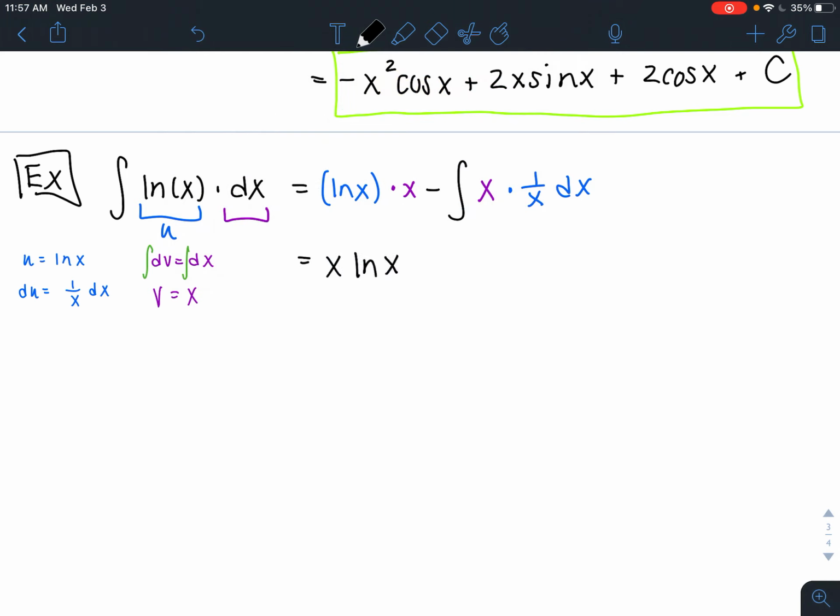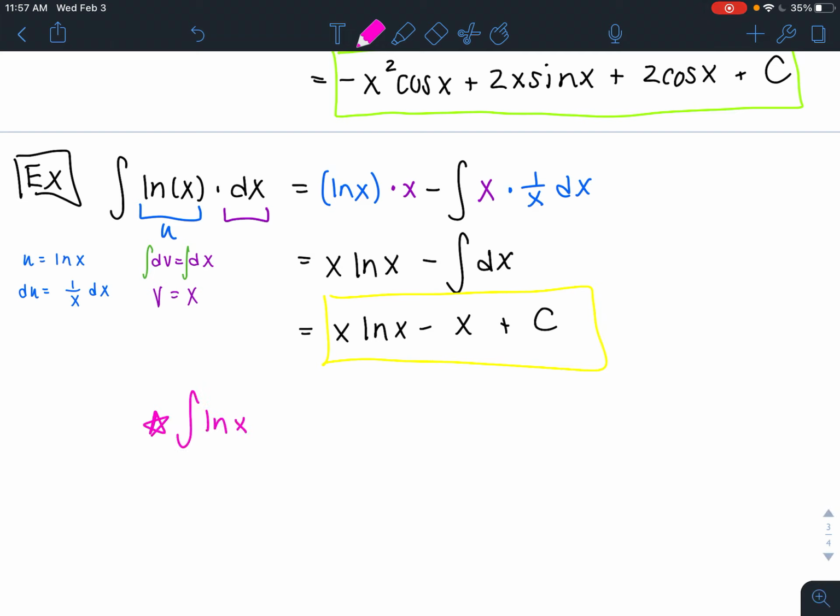I'm going to flip the order here so it looks a little nicer to write. Now if I simplify, x times 1 over x is 1, so I'm left with the integral of dx, which is just x, and then you throw in your constant of integration plus c. So this tells us that the integral of the natural log of x dx is x ln of x minus x plus c. That's a new integration formula. You could memorize that and use it whenever you need to, or you can always just know that you can find it